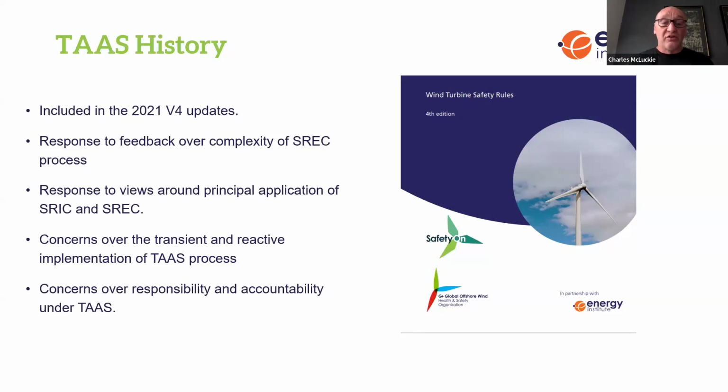There were also some concerns over the responsibilities and accountability under tasks, as those weren't really that clearly defined in the first process. So again, there were different people being expected to fulfill different roles at different times, and that was creating quite a bit of nervousness within people who had some core responsibilities under the company's rules. So that triggered the latest iteration and an expansion in